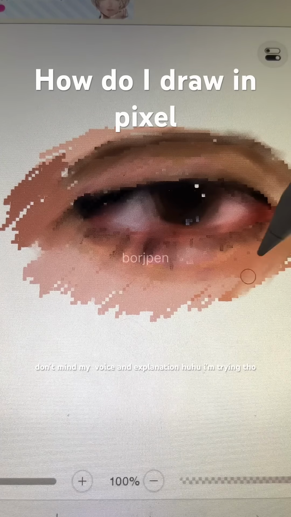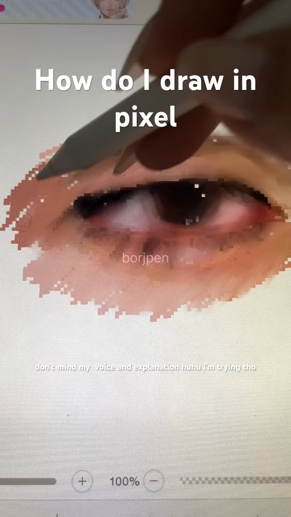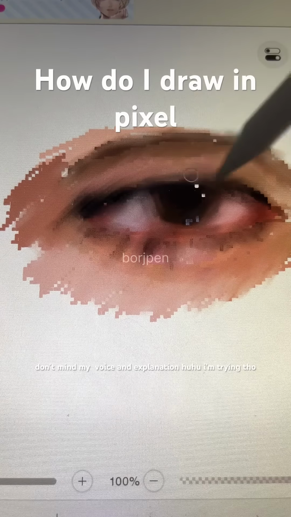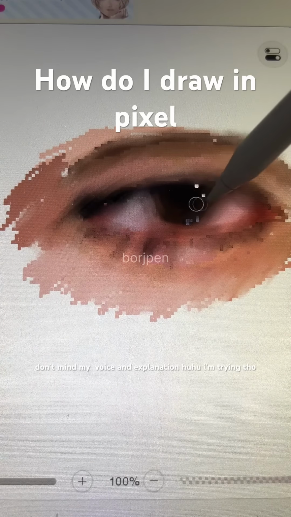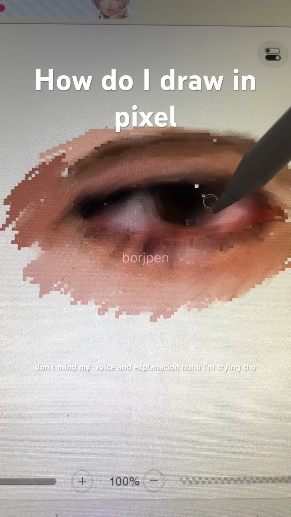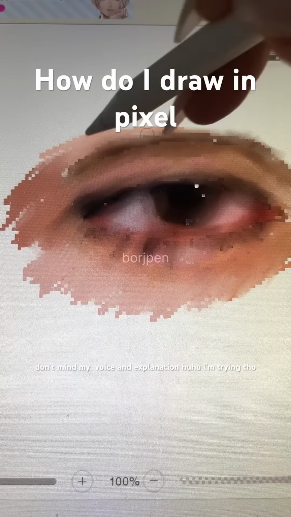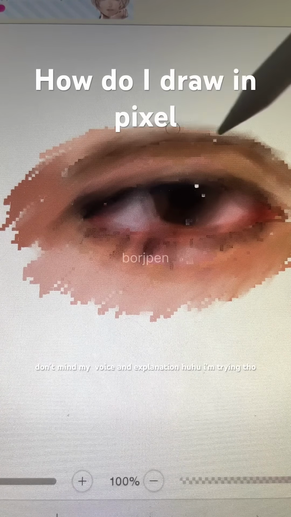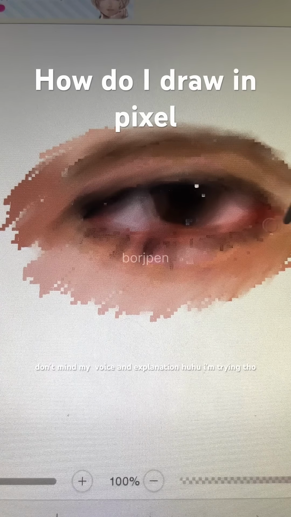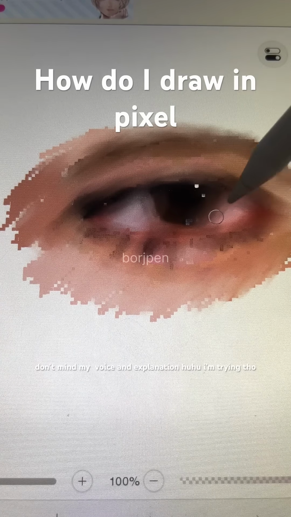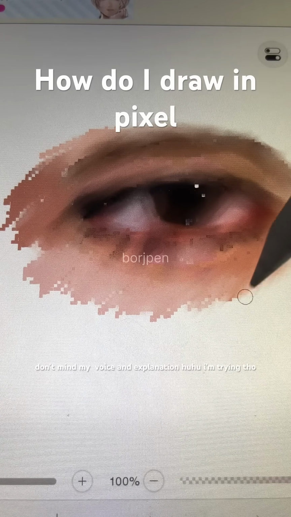It's like I just wanted to have a drawing in pixel, but I wanted it to be realistic or semi-realistic. My mind is into a semi-realistic style, so I did the blending part.